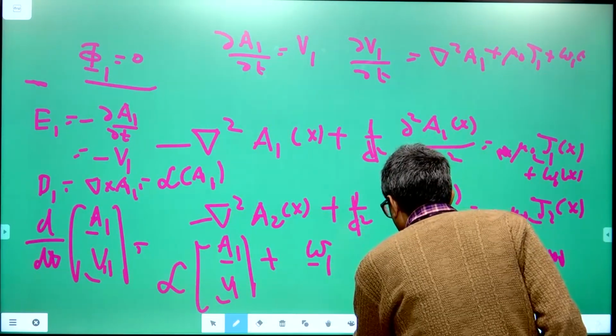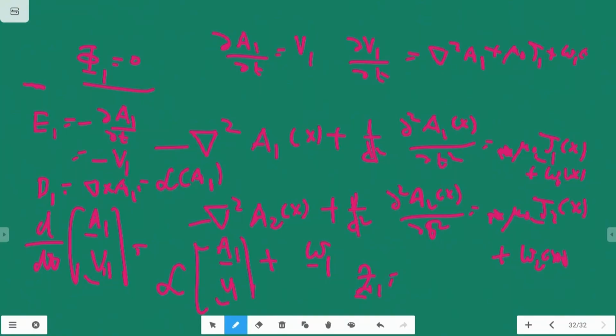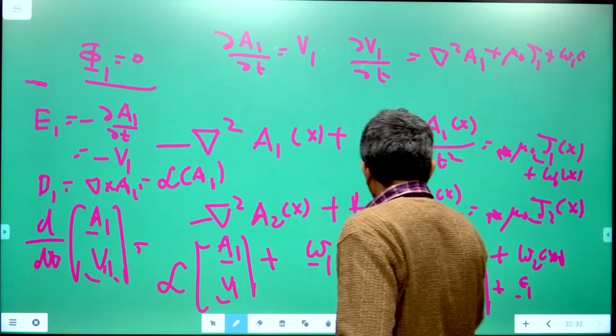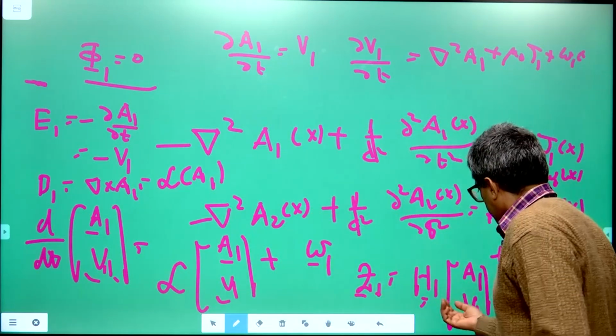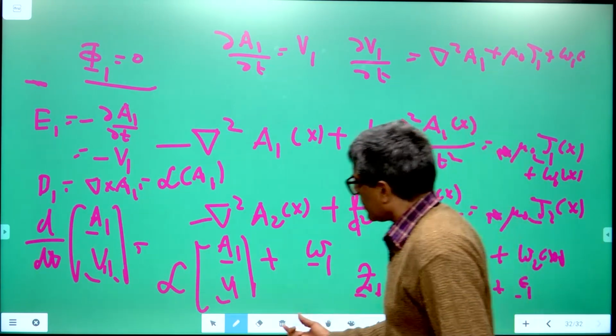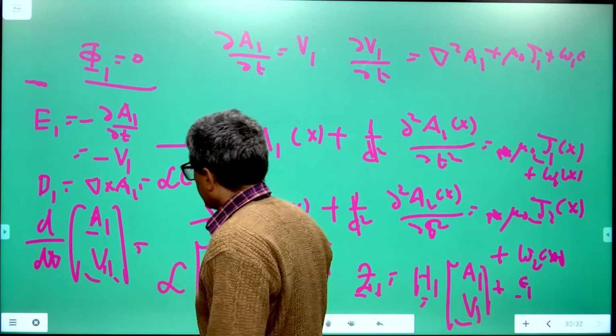So the measured electromagnetic field at these pixels can be written as some linear function of this vector plus noise, say epsilon 1, and I use the extended Kalman filter to estimate A1 and V1 from these noisy observations at a discrete set of pixels of the electromagnetic field. So I use the Maxwell equations to form the state variable system. The measurement model is a set of discrete measurements at a finite discrete set of spatial pixels with noise, and from that I use the extended Kalman filter to estimate A1 and V1 at all points in space